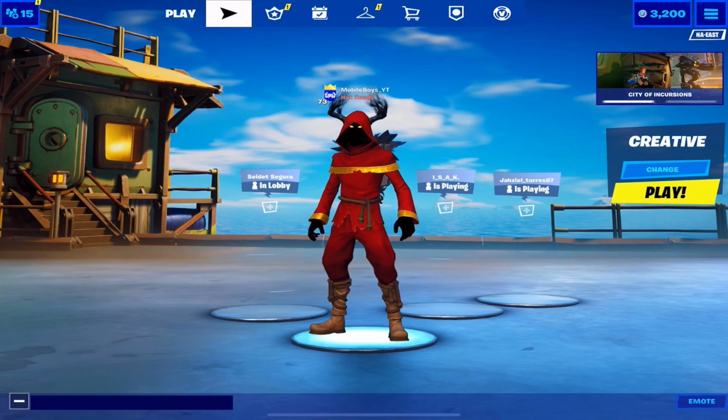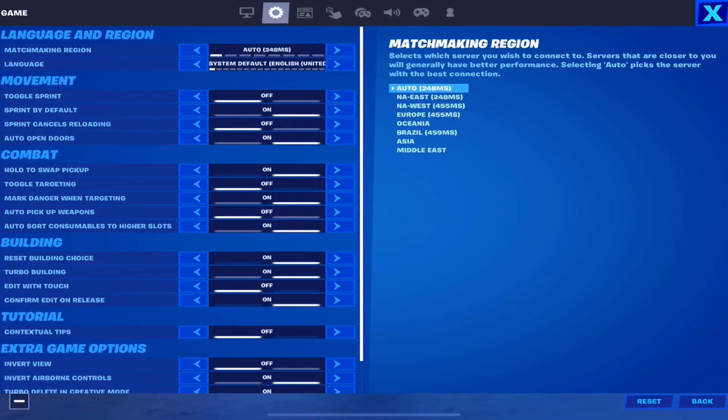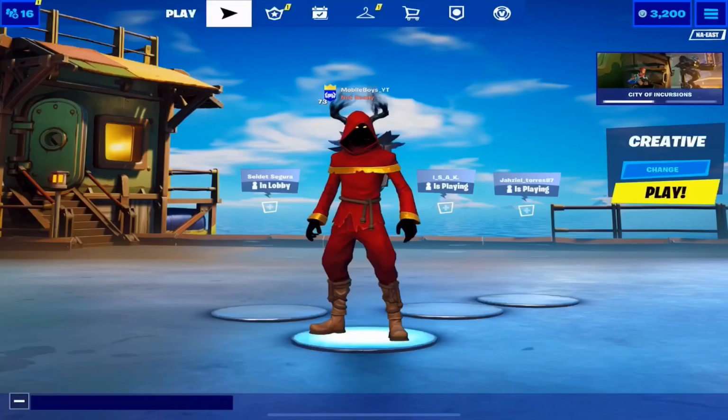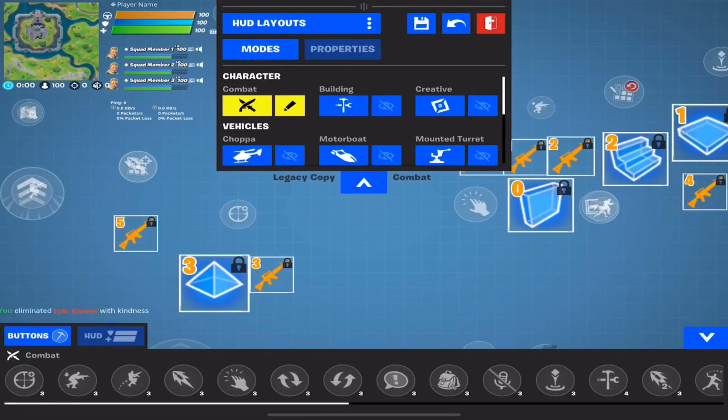The first thing I recommend doing is going into your settings, going into the second bar, go to the building section. I recommend turning edit with touch off and confirm edit on release on. Those are two things you don't have to do, but I think will definitely help you out, and most people use those two settings. Once you've done that, go to your HUD Layout Tool,